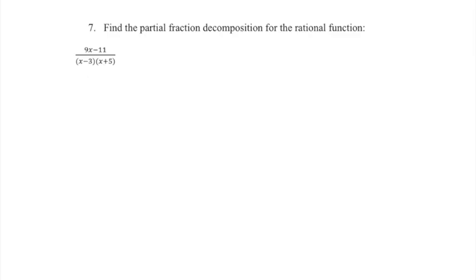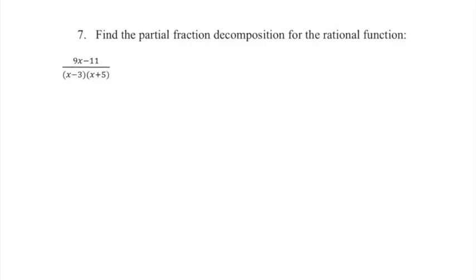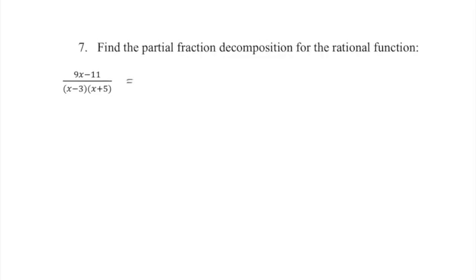So since there's only two factors in the denominator, we're going to have two partial fractions. And then if this whole equation was multiplied by the common denominator, x minus 3 times x plus 5,